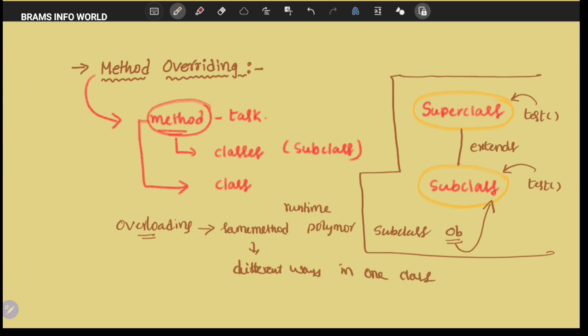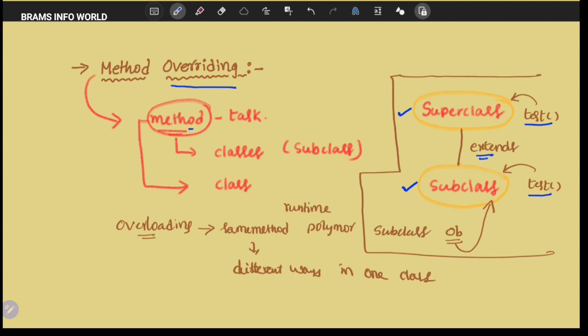Whereas method overriding means we define a method, and this same method is available in the superclass as well as in the subclass. So this test method is available in both classes, and the relation is called extends.